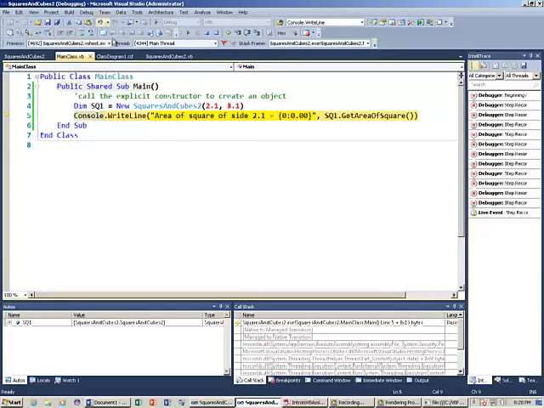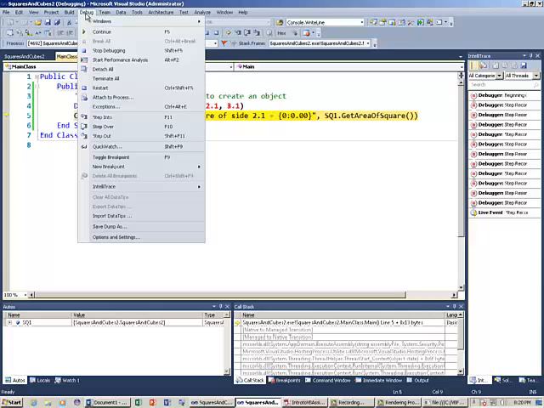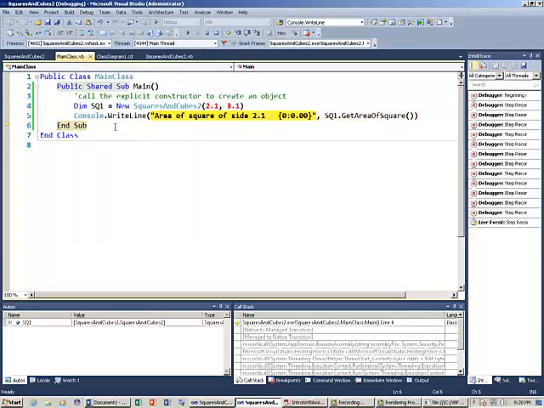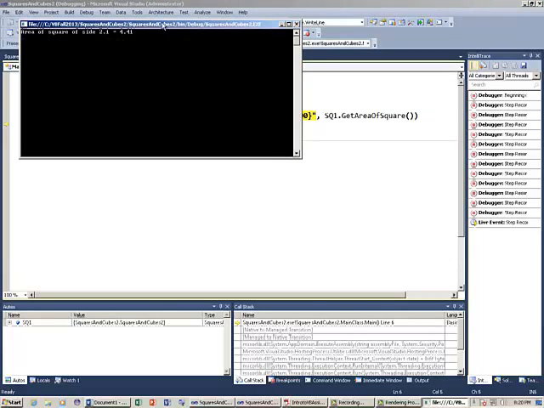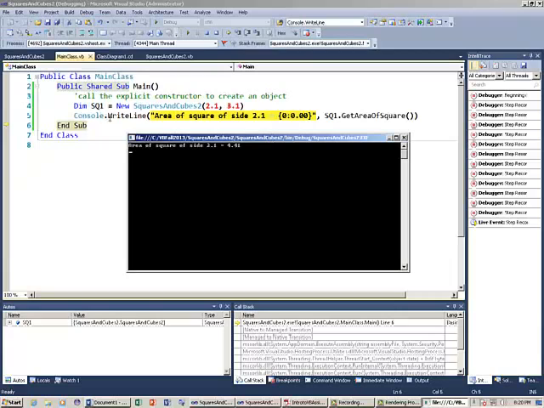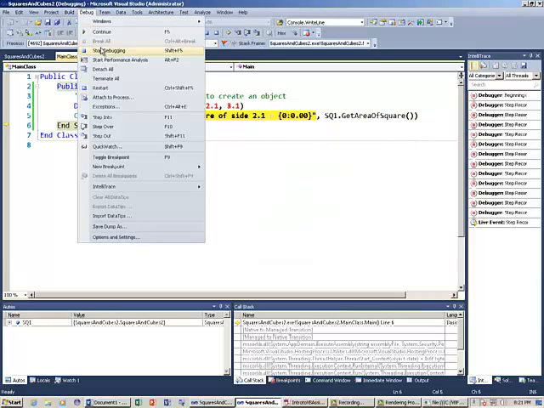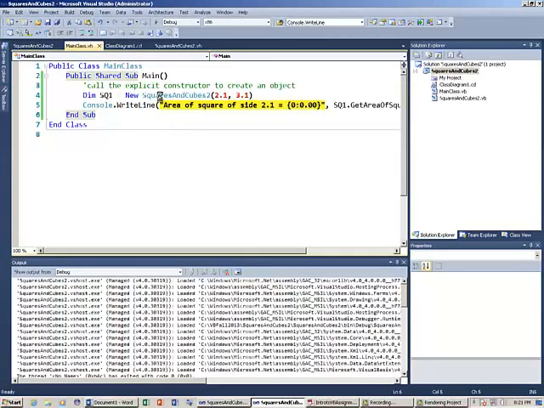So once I go past this, do one more step over, my console will pop up and it'll get printed to the console. And if it didn't pop up, it's right here actually. There you go. So it printed that. So program is over now. So that's how the debugger works. It's a very useful thing if you're writing long programs. Here I just showed you how the constructor is called and how this method that we wrote works using the debugging process. Okay. Any questions on how constructor works